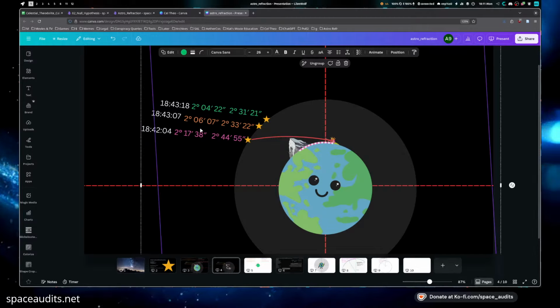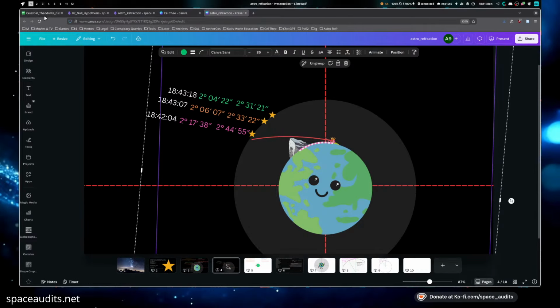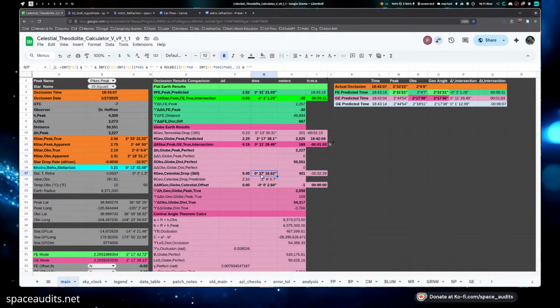So when the true position of the star relative to the observer, going from left to right here, the text on the left is all positions with respect to the observer. On the right, at the same time, are positions of the star with respect to the peak. What we can do here is take this section of sky, which is 27 arc minutes. That's 27 arc minutes of difference between this number right here and this number right here. That comes out to 27. And based on how fast the stars vertically drop in the sky, we know how long it's going to take to traverse that 27 arc minutes.